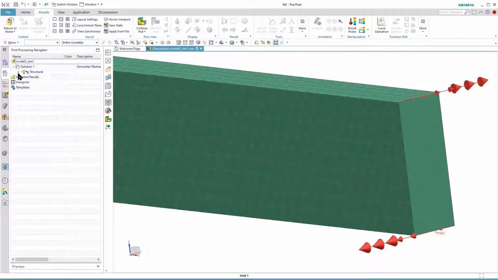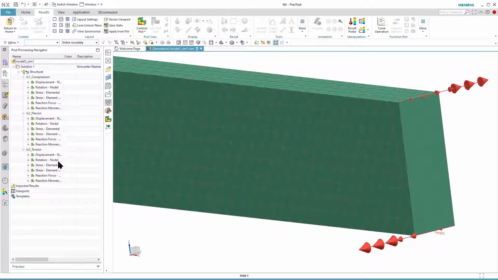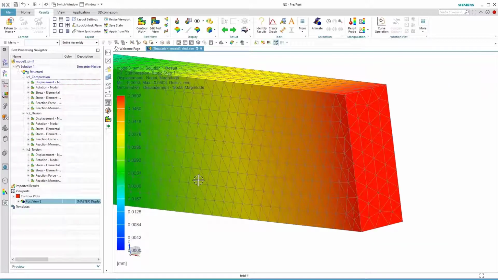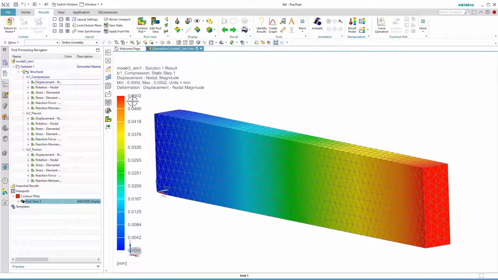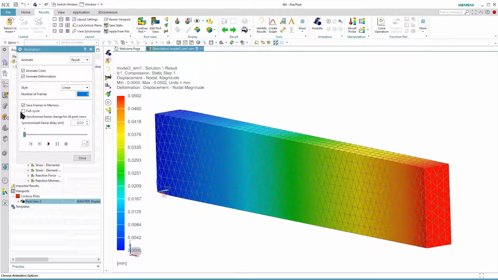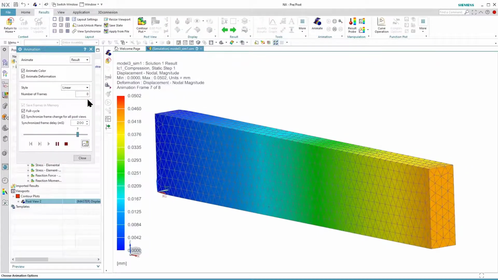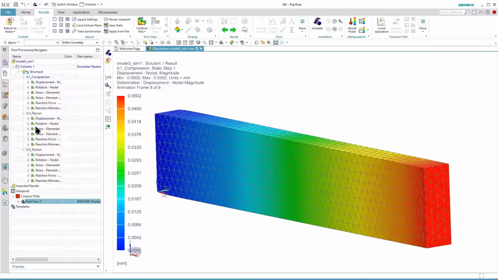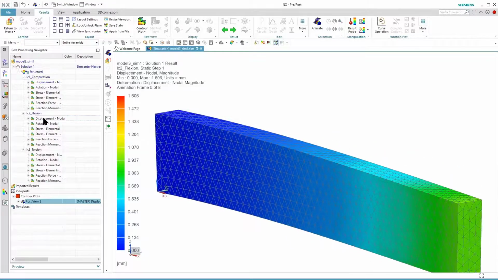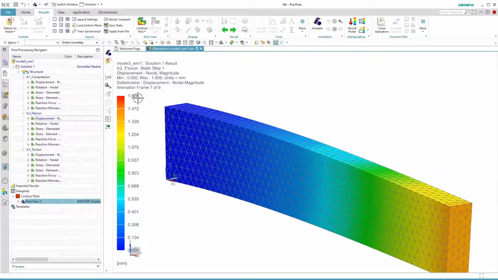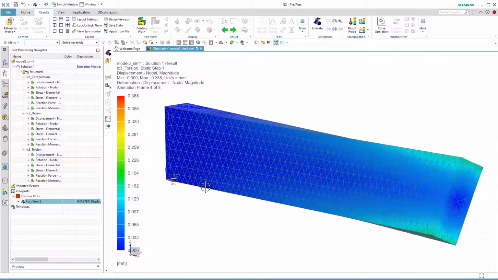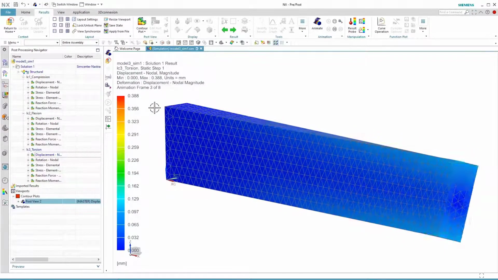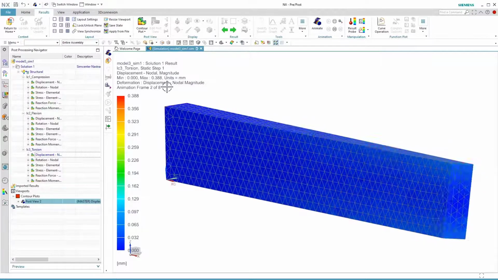If I open this result file, we have 3 different results files. The displacement for compression, it's quite small, it's just 0.05 of a millimeter. Compression. I change to flexion. You see flexion is much larger, it's 1.6 millimeter, but the scale has changed. Also torsion is quite large, it's 0.4 millimeters, so be careful because the